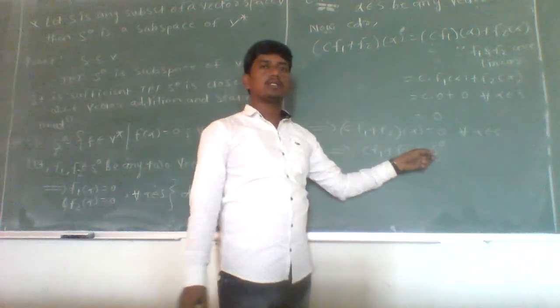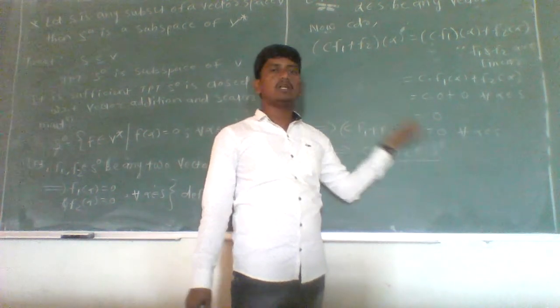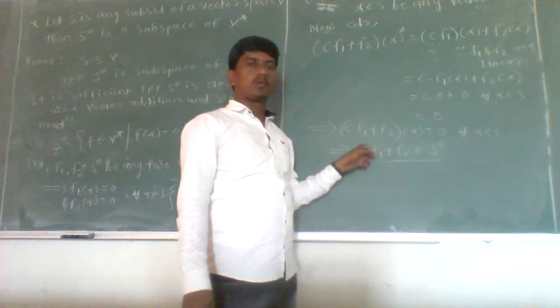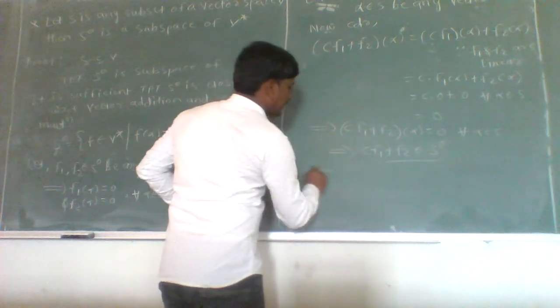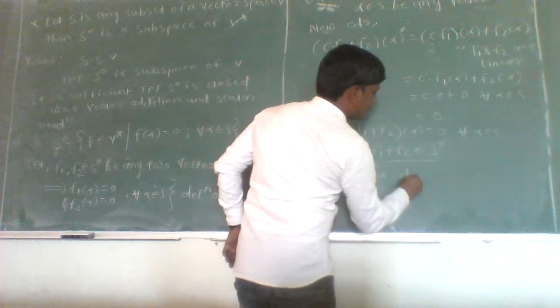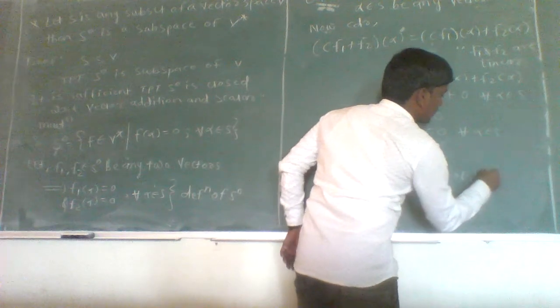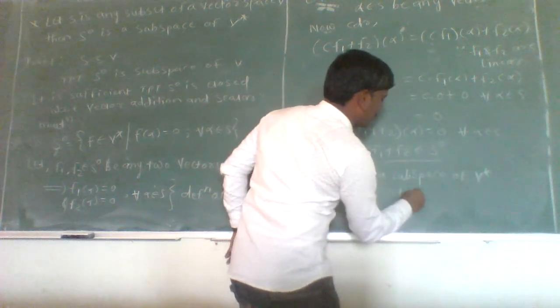That is, annihilator of S is closed with respect to addition and scalar multiplication. That is, annihilator of S is itself a subspace by this property, which implies S annihilator is a subspace of V star, and hence the proof. Okay. Now next one is